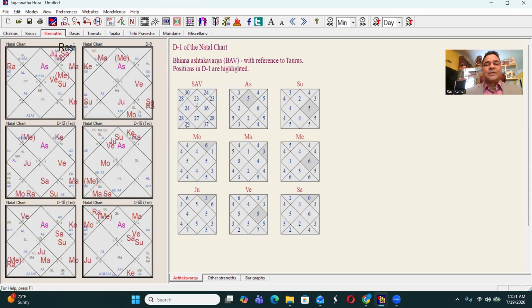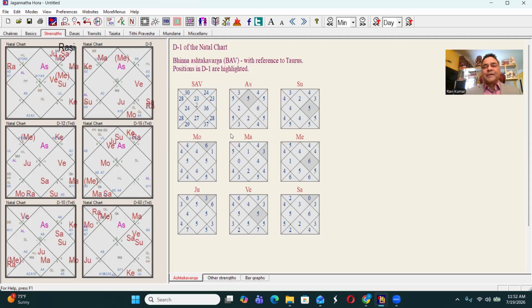Then I can see that 29, this house number 6, is good, more than 28. The 6th house is the house of service, death, disease, enemy. So it's good. Service is going to be good for him. He will be more suited for a job rather than business, because business is seen from the 7th house. The 7th house is the house of partnership, the house of a spouse, and business is a kind of partnership. So this is less, 27, right? So like that, we can make sense of what's happening in the native's life.